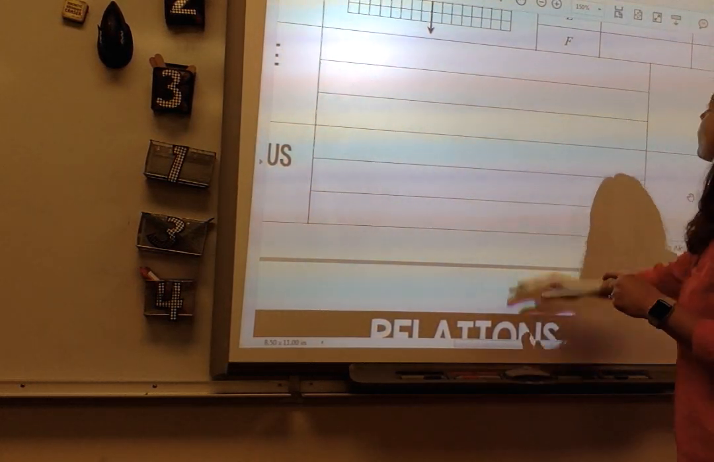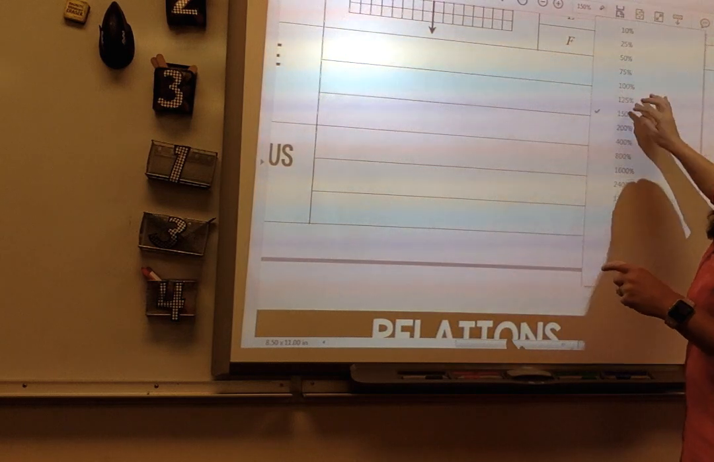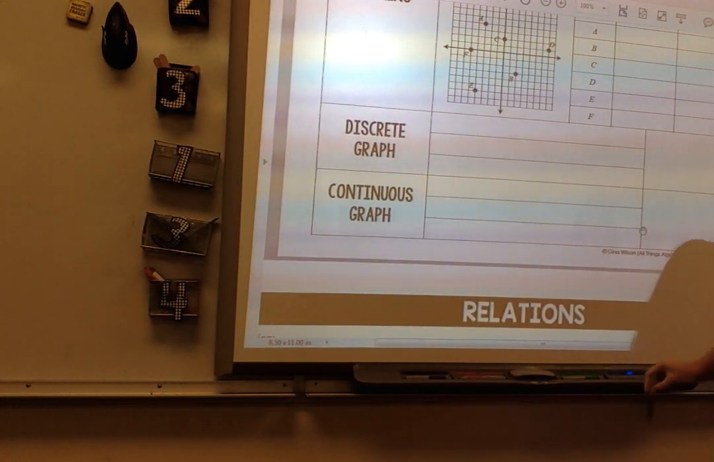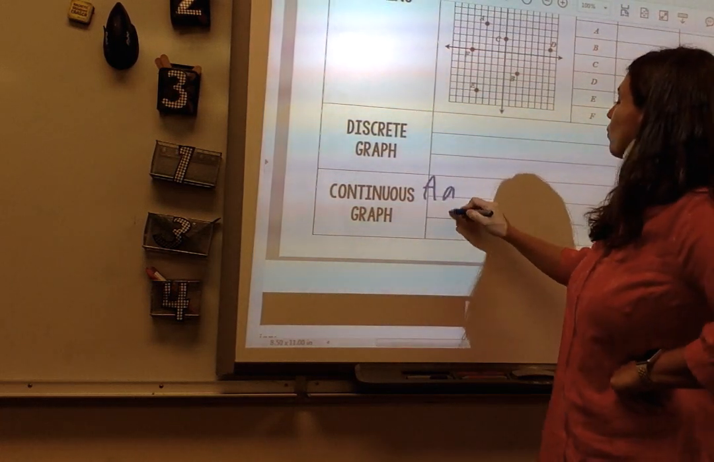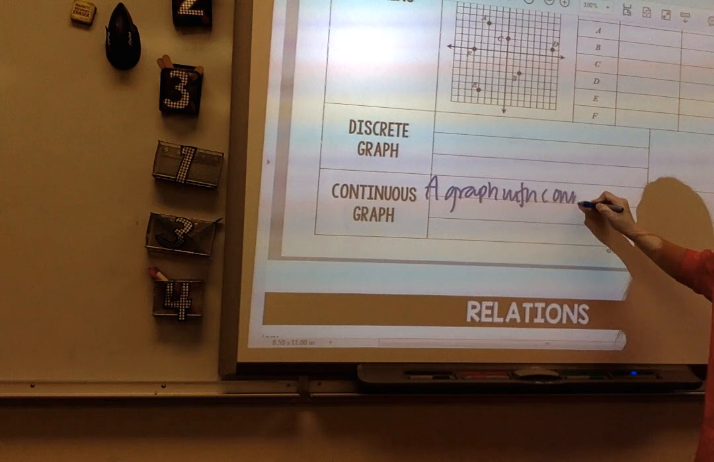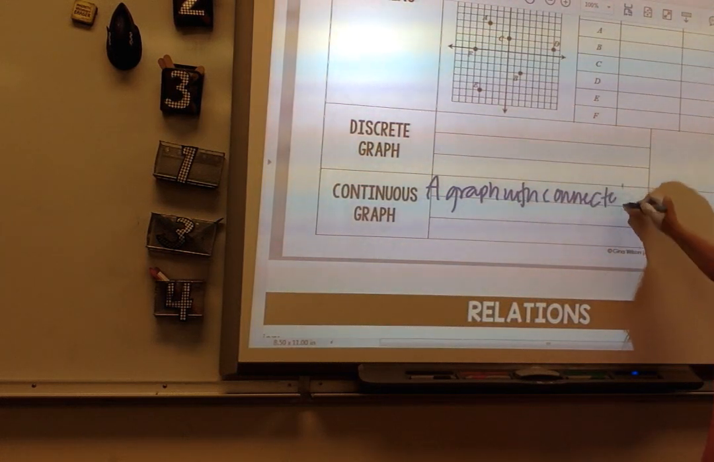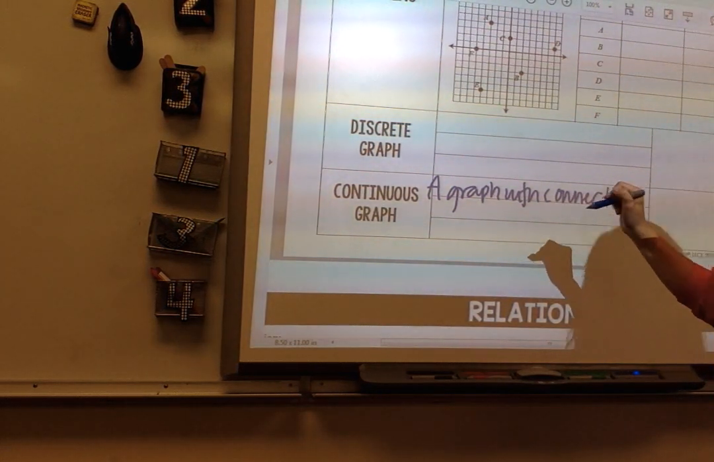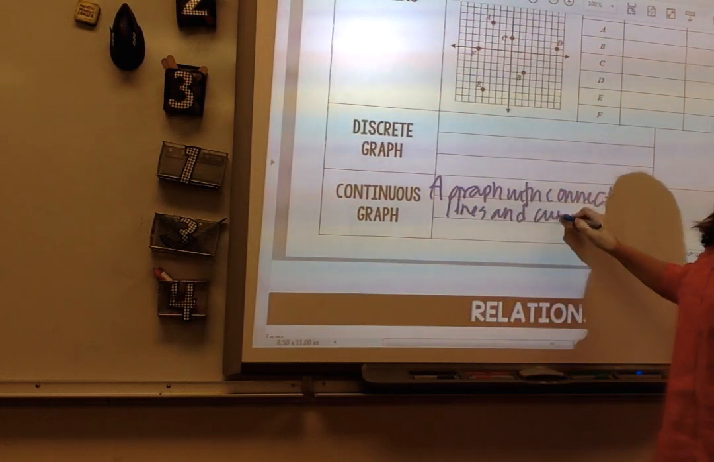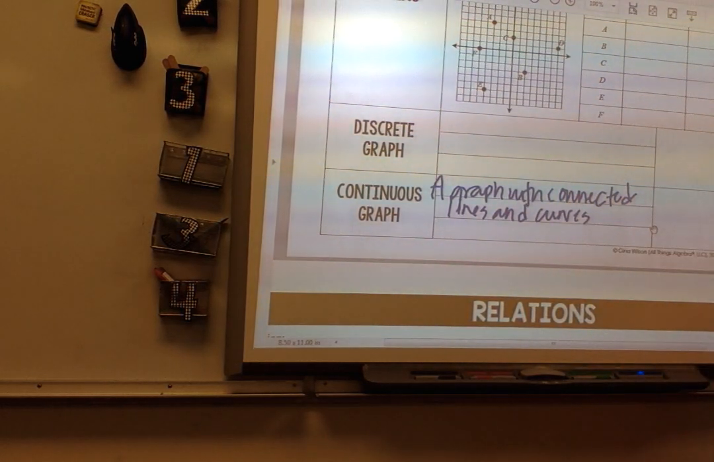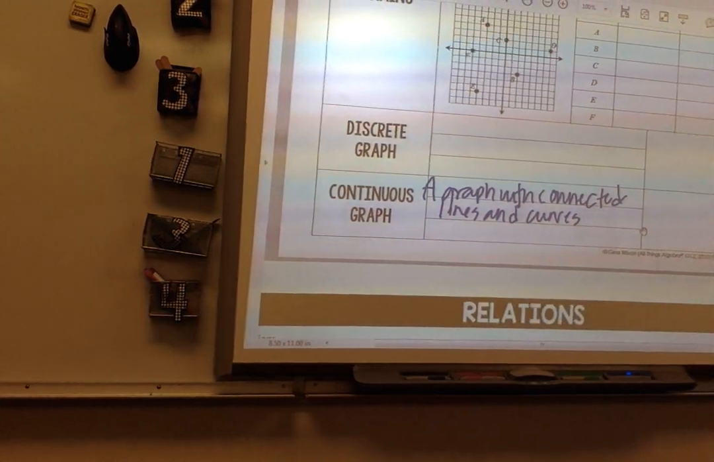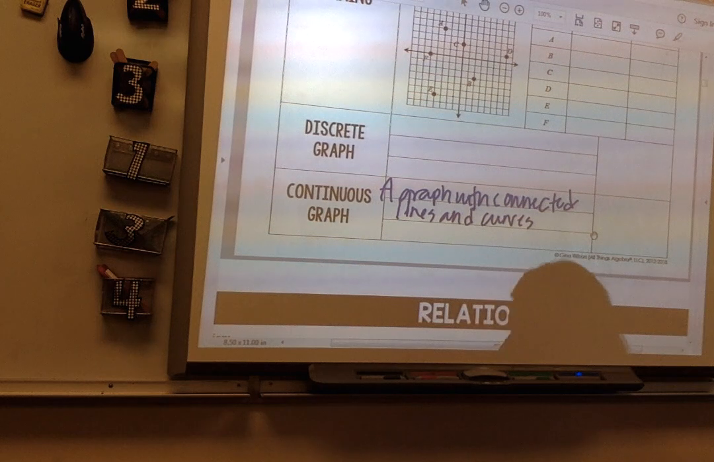A continuous graph, on the other hand, is a graph with connected lines and curves. So your example of that, I don't know if you can see, there we go, is going to look like